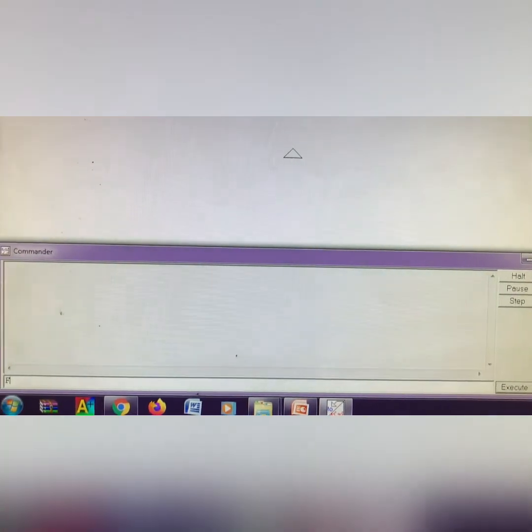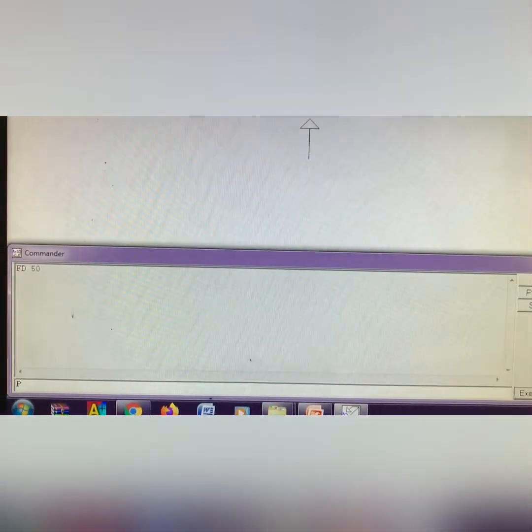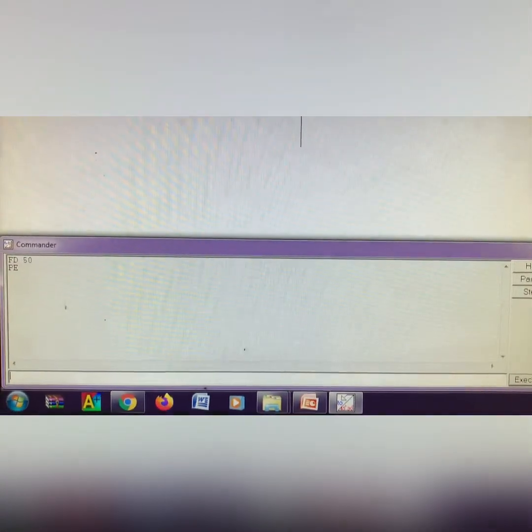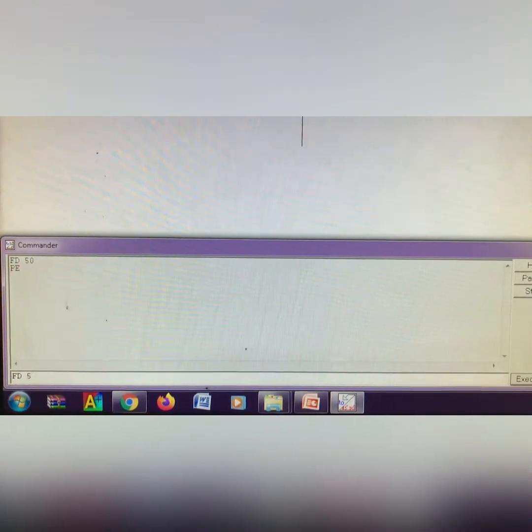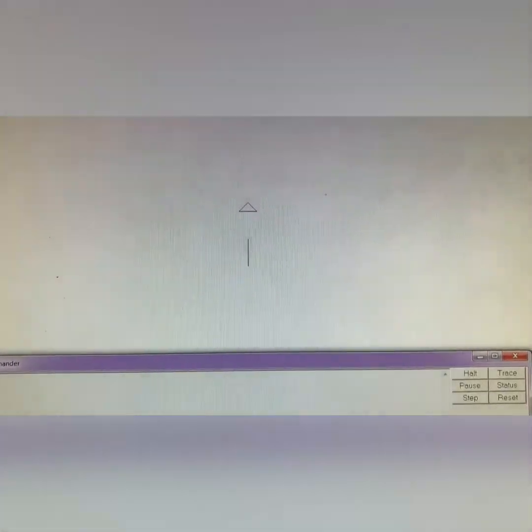Isn't it very easy? Okay, you can see the picture from your book found on page 96 about the pen erase command. Let us learn how to use this pen erase command in the logo programming. We'll start with the command FD 50. It helps us to draw a line, followed by PE, which says to erase, the command pen erase, with the new line FD 50.